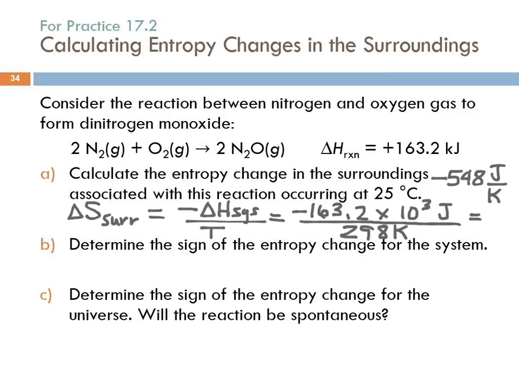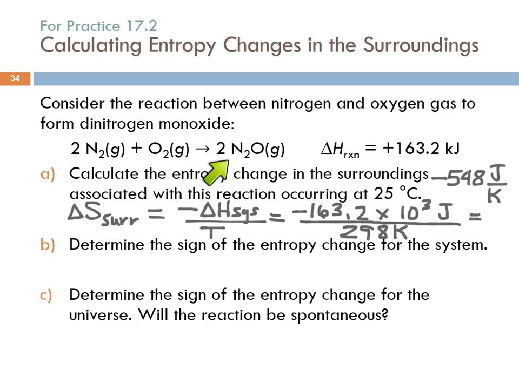So what's the sign of the entropy change for the system? Negative, it's negative. Why? Because you got a negative number. But this is the entropy change for the surroundings. Oh, okay. What's the sign for the system? We can't calculate the number. It's positive, because the delta H is positive. The delta H up there, for the reaction, has nothing to do with entropy. Delta H is the change in enthalpy, not entropy. Most exothermic reactions have a positive delta S, but not all of them.